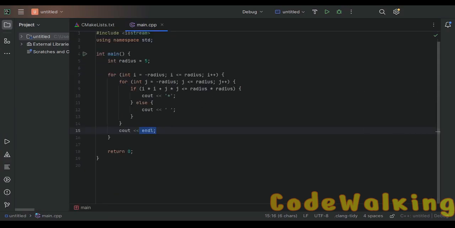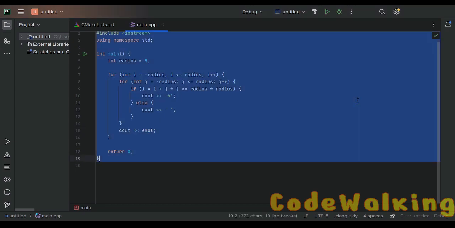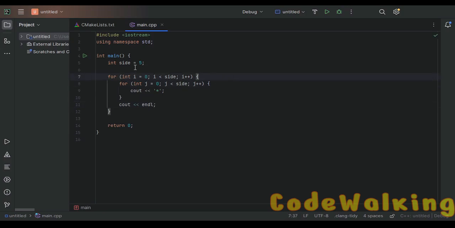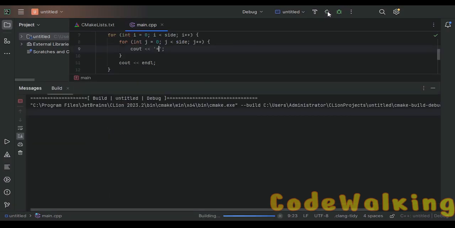So after that, let's learn how you can make a square in C++. So I have a code over here. Basically side is equal to 5. Okay, integer side is equal to 5. For integer i equal to 0, while i is less than side, i plus plus. Okay, then integer j equal to 0, j is less than side, same statements, then it's going to output the star,